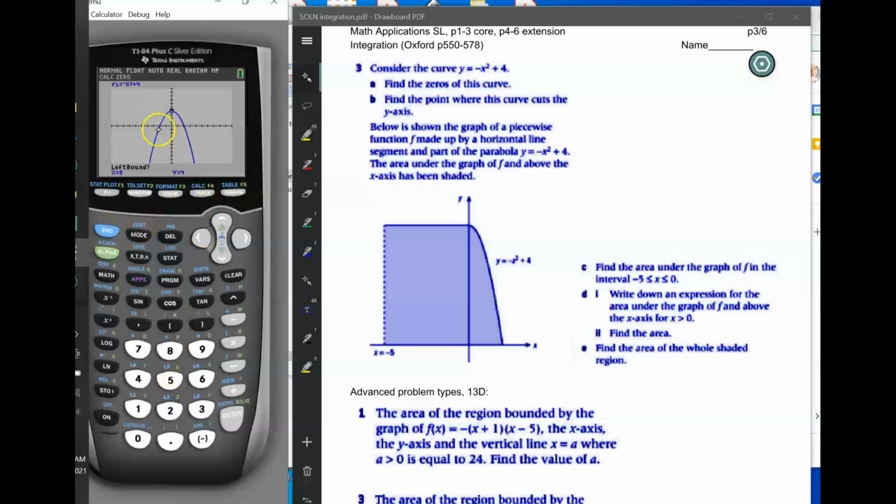And the first thing we're going to do is find this left x-intercept. So we're going to move the cursor to the left of that x-intercept. Maybe the easiest thing to do is type in a number like negative 3, and it'll move it there. And then we're going to move it to the right of the x-intercept. So maybe it would just be easier if we just typed 1. And then it marks from the left side and the right side of the x-intercept, and then it asks for a guess. The guess doesn't matter, we just hit enter,